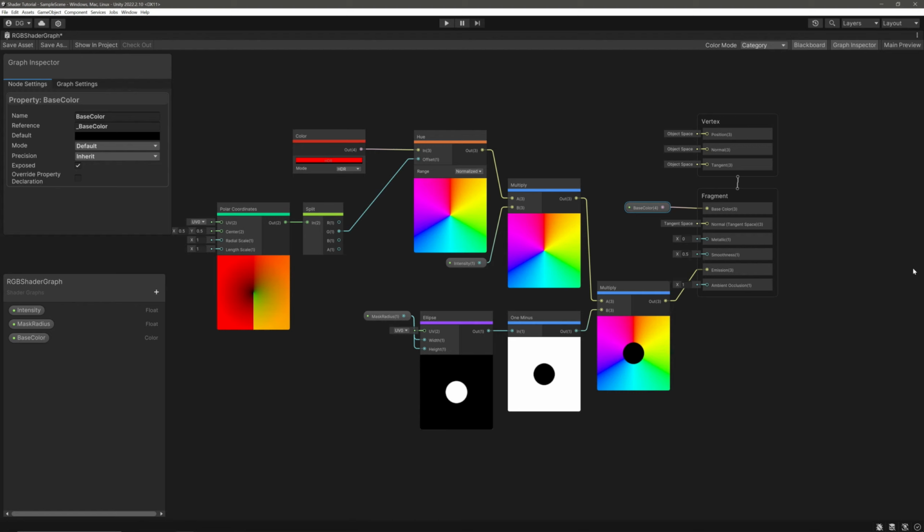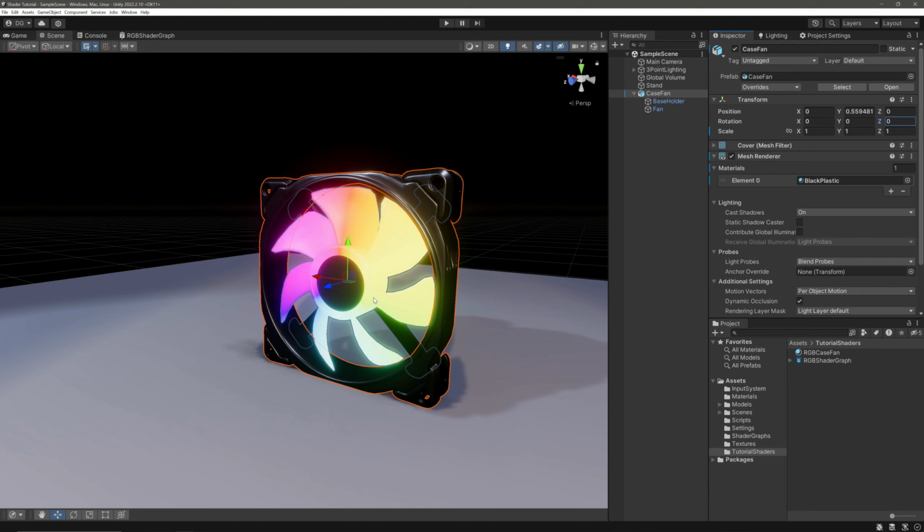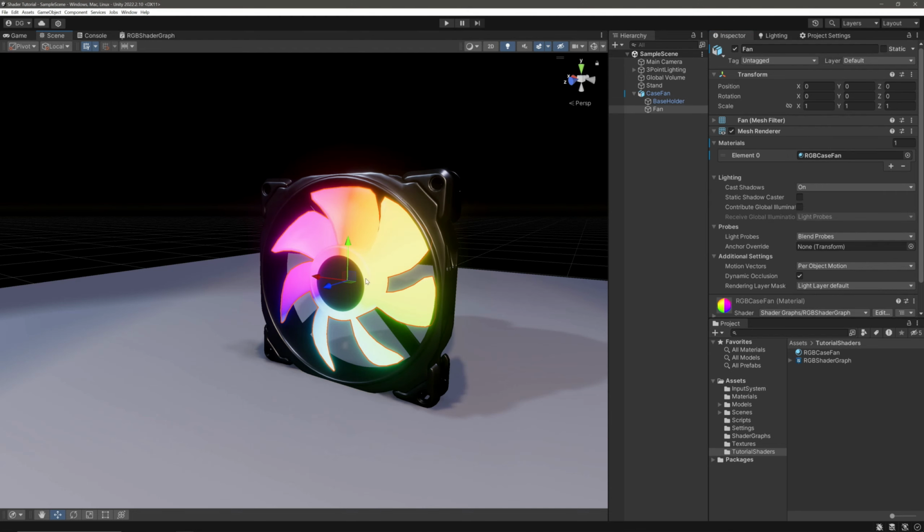Now let's deal with the rotation. We can create a script for that, but since we are not dealing with collision, in fact our fan is only aesthetics, so I want to deal with rotation in our shader itself. Why, I hear you ask? Because every MonoBehaviour script will run on the CPU, and since we are not dealing with any gameplay logic, it is a good idea to offload this work to the GPU. That is the reason compute shaders are very popular. Okay, back to rotation. We want to rotate this fan around the Z-axis.